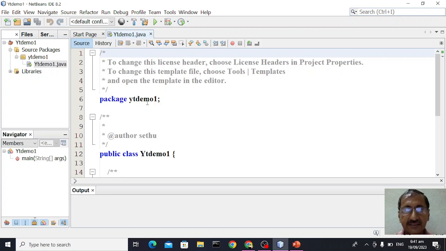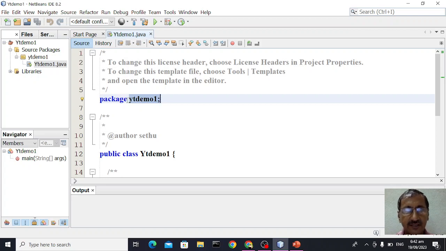What is a package? A package is nothing but a collection of classes. That's all. We can have multiple classes within this program. So all these classes will be packed inside this package called yt demo 1. So this is how Java has been developed actually. You will come across a lot of packages. Within the packages you will have a lot of classes, and other things will be there.